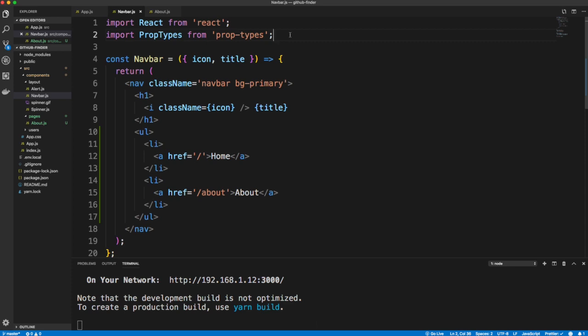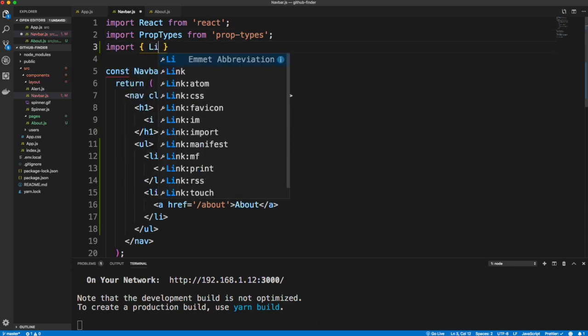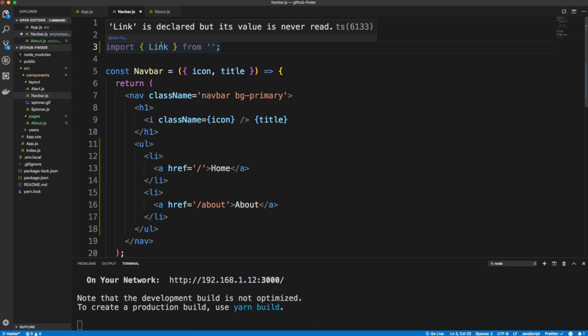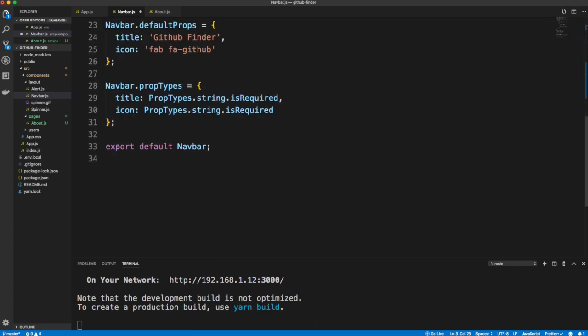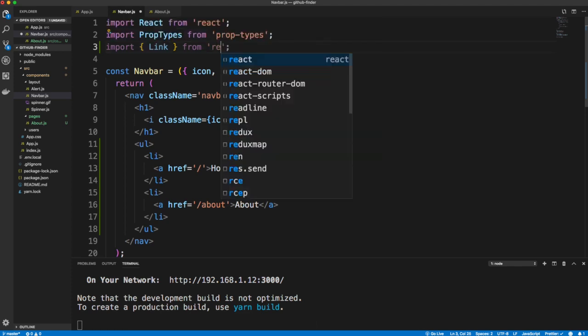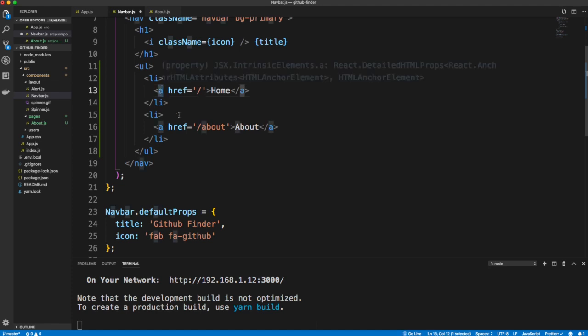So I'm going to bring it into the navbar component. I'm going to open up some curly braces here and bring in Link. And the reason we use curly braces is because this is not the default export. When you export default like this, then you wouldn't use curly braces. React Router DOM exports a bunch of stuff that are not default, so you use curly braces. So let's say from react-router-dom,